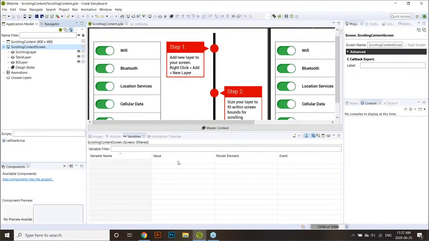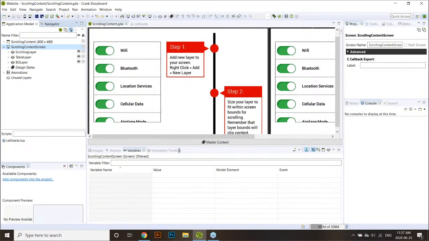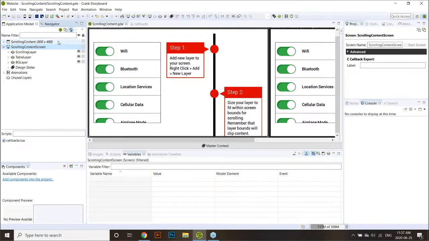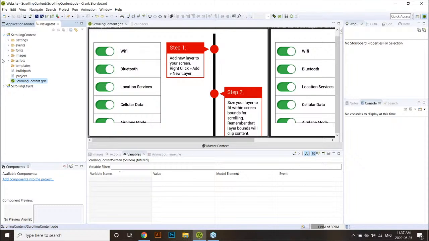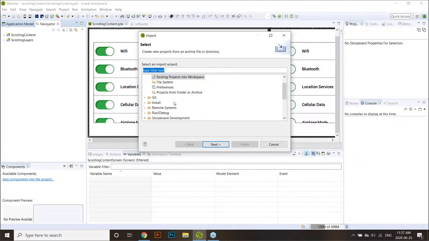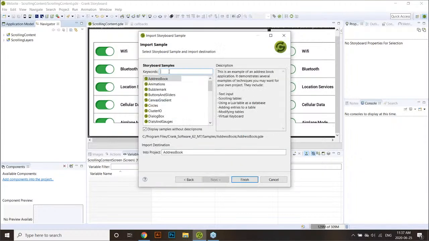Okay, so we have a bit of time left. The last couple things I wanted to cover were scroll bars and infinite scrolling. Both of these are achievable with your project. They are a little Lua heavy, so I'm not going to be doing them from scratch in this webinar. The knowledge base we'll post after will have more of a step-by-step guide on how to do that. But for a webinar, I'm just going to show you some sample projects that we have that already demonstrate infinite scrolling and scroll bars. So I'm importing a sample project